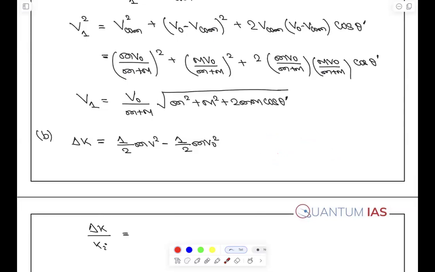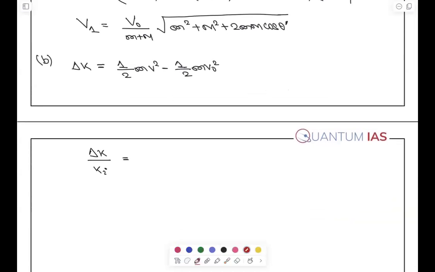क्लियर है? यस सर। कितना आएगा बताओ? हाफ m v² माइनस हाफ m v1². ये निकाल लेना जो भी है। डेल्टा के वाई के आई आ रहा है, जो मेरे पास आंसर है, प्लीज मैच करना अगर आ जाए तो। 2mm (1 माइनस cos θ') अपॉन (m plus m) का होल स्क्वायर।